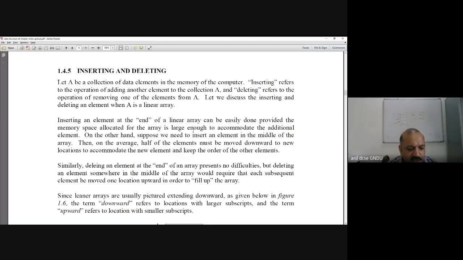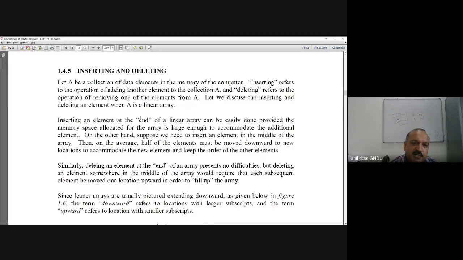For every data structure, we will compare which operation is easier in which data structure and which is tougher. So there will always be a discussion of the cost of inserting into an array and the cost of deleting from it.